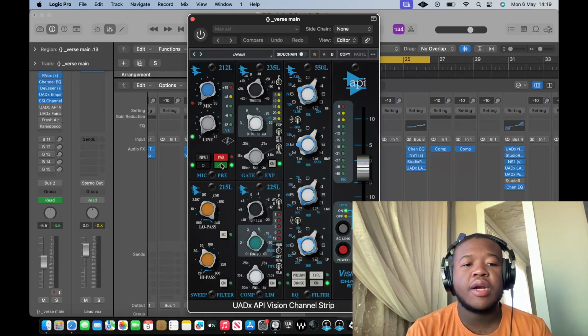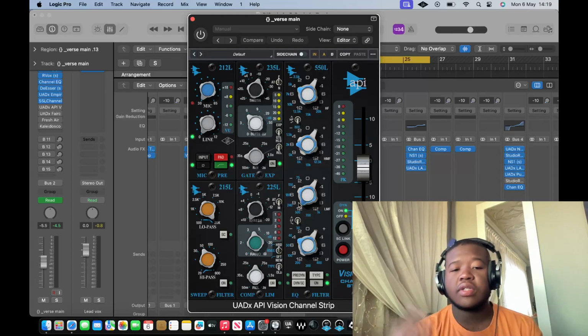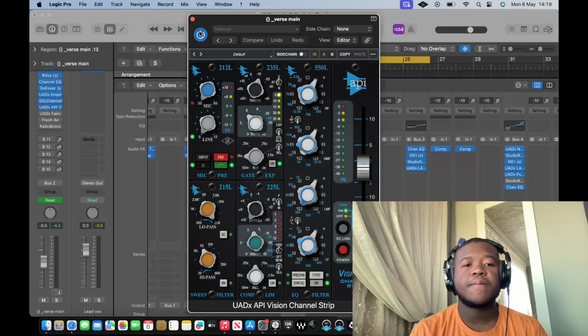We had this preamp on again, and then we inverted the phase and high passed it. We weren't really doing much. We didn't add anything else, but I liked the texture. I liked how it sounded when we were just going through this, and then we pulled down the volume a bit more. So this is how it sounds with it on.